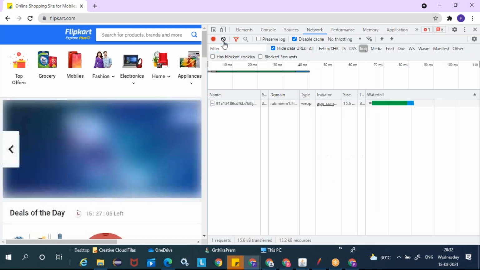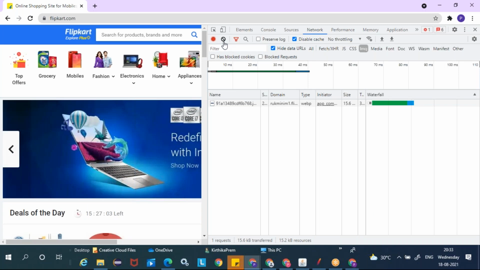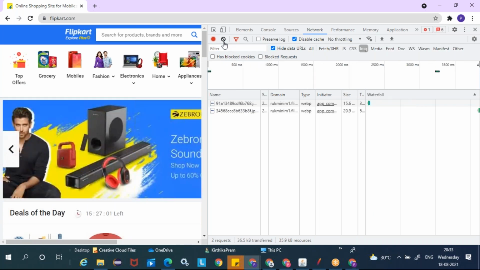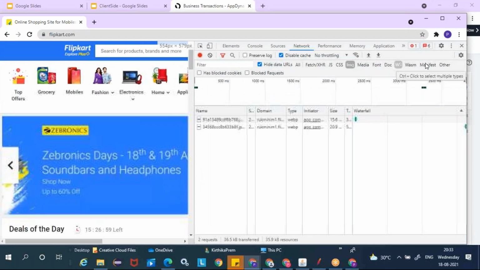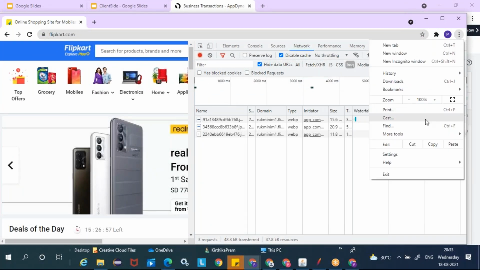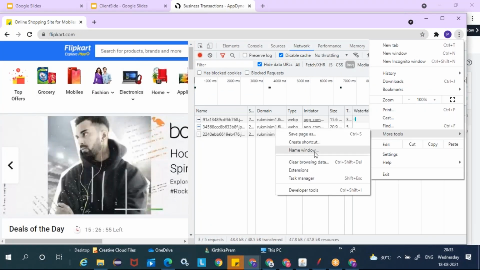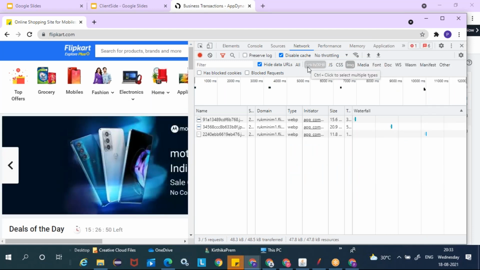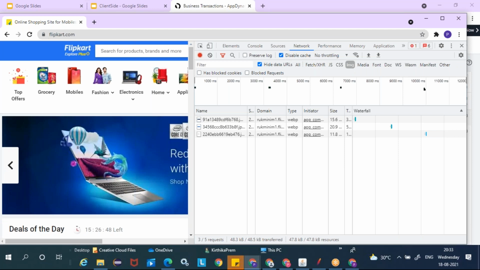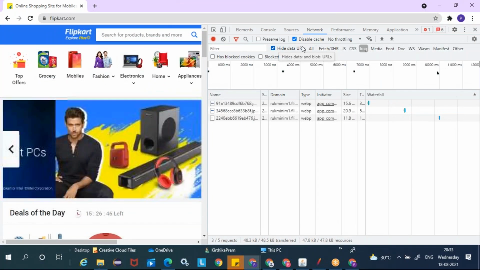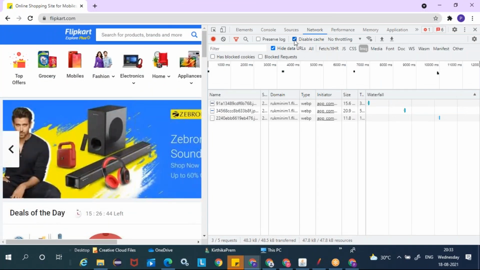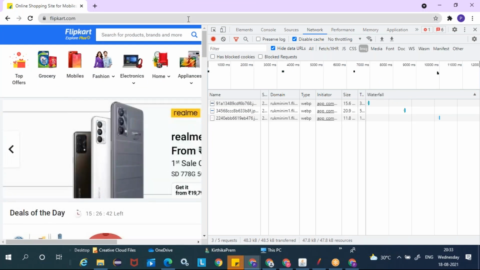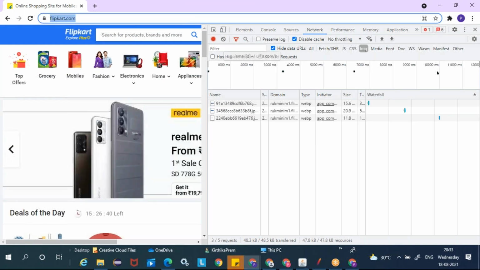This is a developer tool. If you've already used it, you might know it. You can do Control Shift I, or you can go to more tools and then to developer tools. Here, when I want to do it the first time, I'm going to turn on disable cache. I'm just going to hit flipkart.com, clear it.